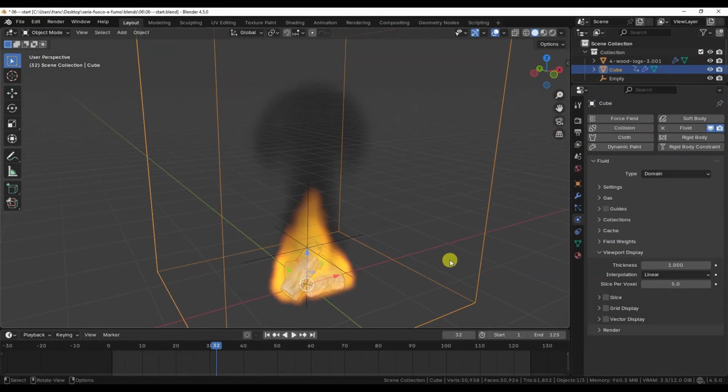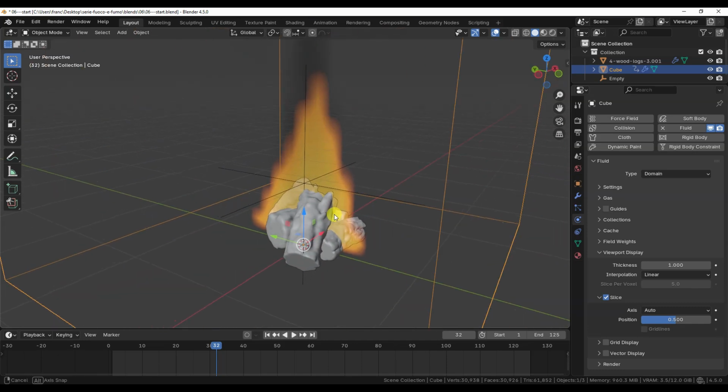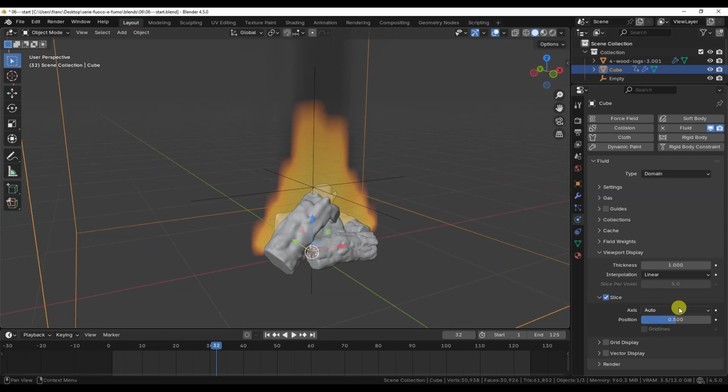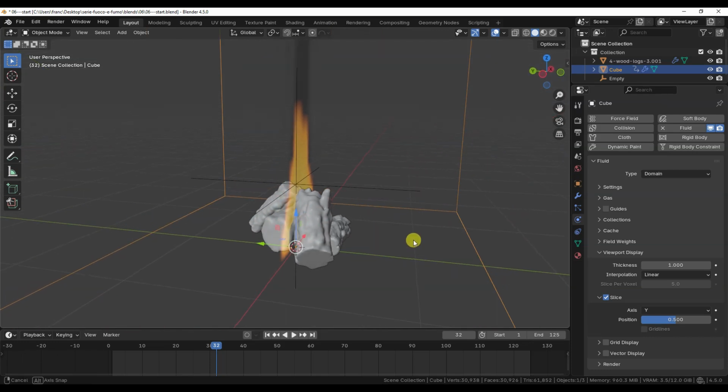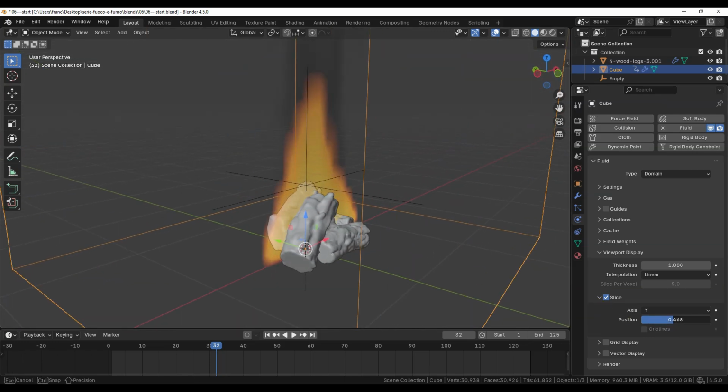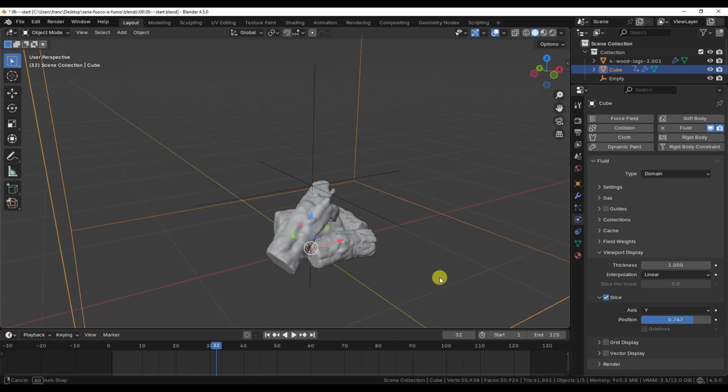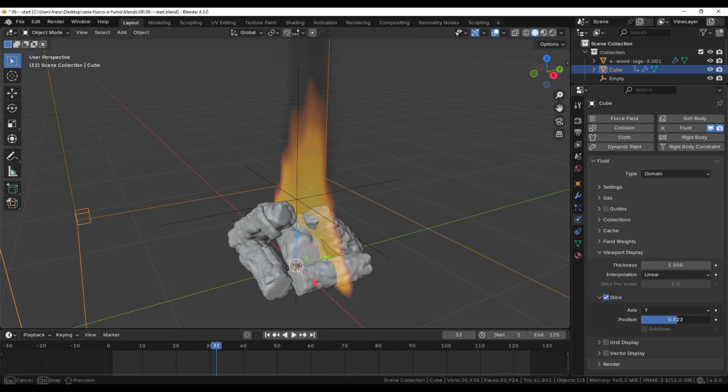If you want to see a single slice of the entire domain, you can enable the slice option and choose an axis. It's like cutting the domain along that axis and viewing its cross-section. At first, the display will change with every camera movement in a 3D scene, because the slicing axis is set to auto by default, adapting automatically to the observer's viewpoint. The position value ranges from 0 to 1 and corresponds proportionally to the size of the domain along the chosen axis. I'll show you an example using the y-axis and adjusting the position value.